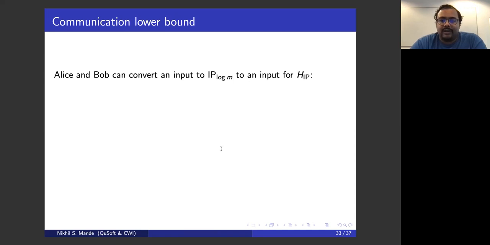Right, and now for the communication lower bound, suppose Alice and Bob are given inputs. Suppose their goal is to solve inner product m log m. I want to argue that given a protocol for f, or F here,